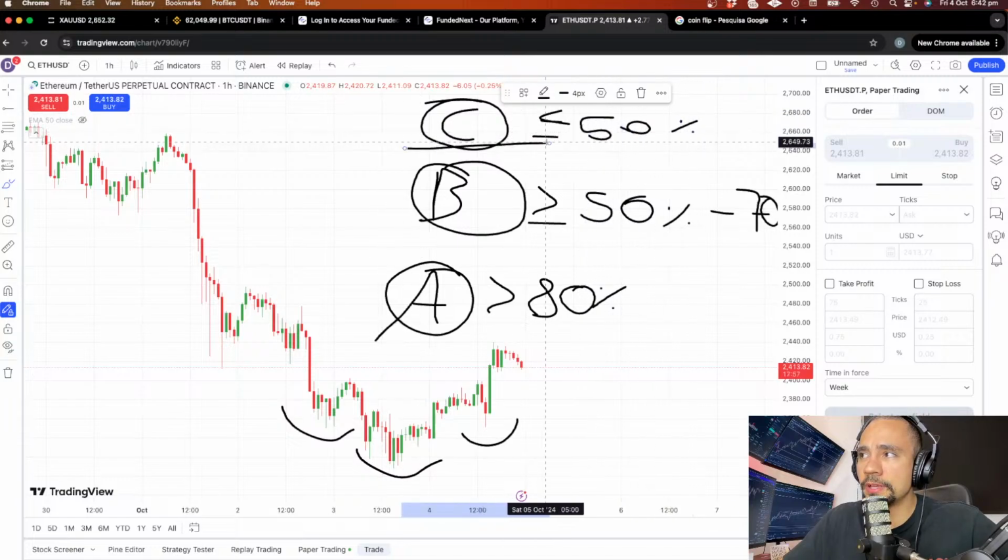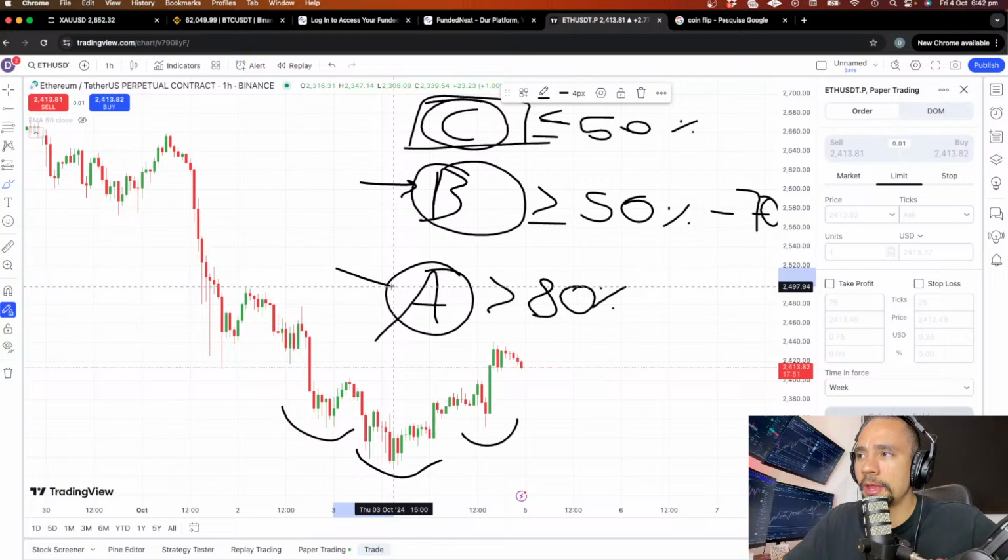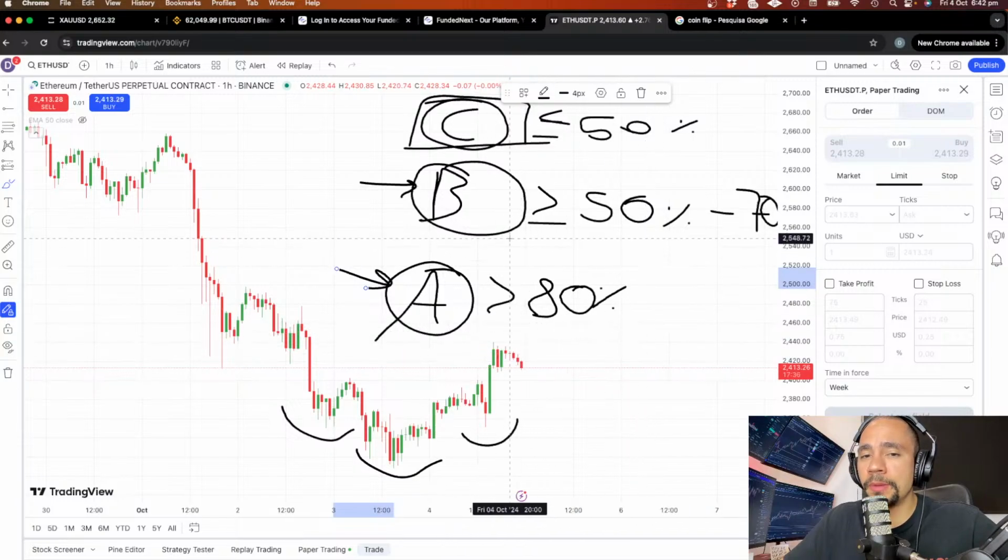And then you have the C setups, which have probably less than or equal to 50%. Those C setups are setups that you want to get rid of. You don't want to trade them. You only want to trade the Bs and definitely the As. All right? So this setup here, obviously an A setup, has around 80% chance of winning. Therefore, I'm going to risk much bigger on those. The Bs I'm going to risk much less. And the Cs I'm going to risk almost nothing to nothing.